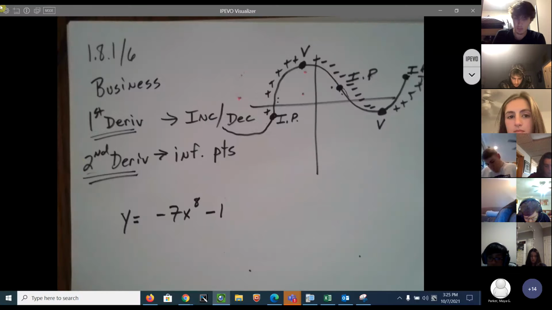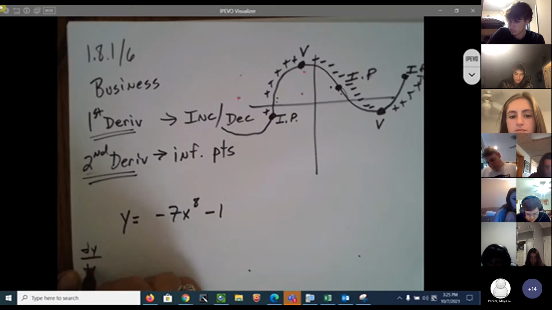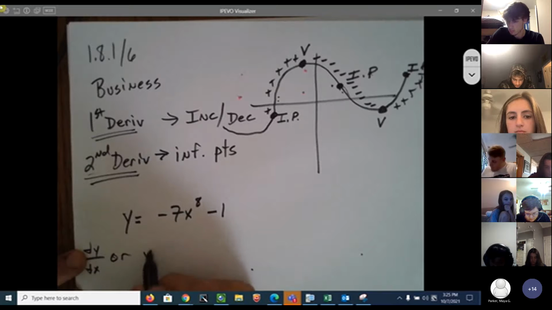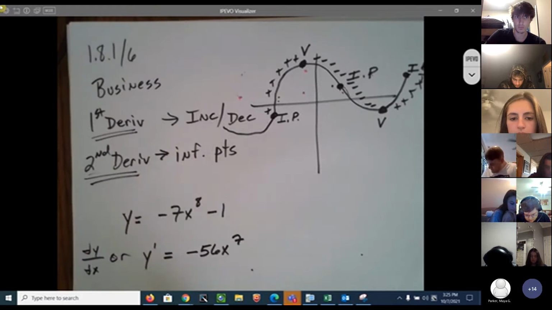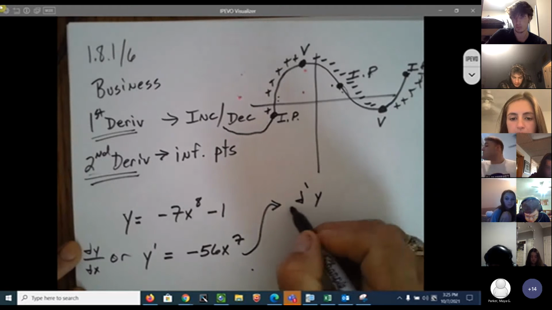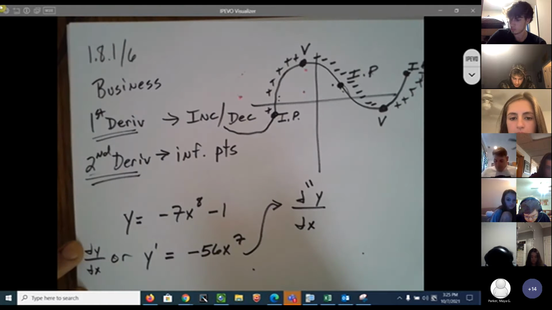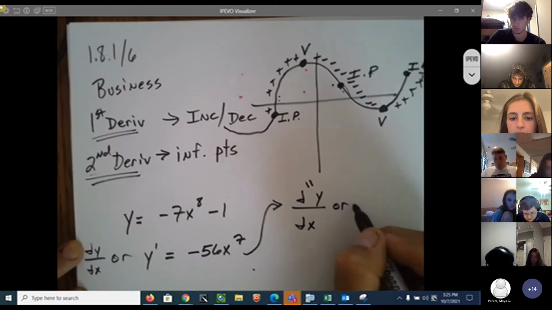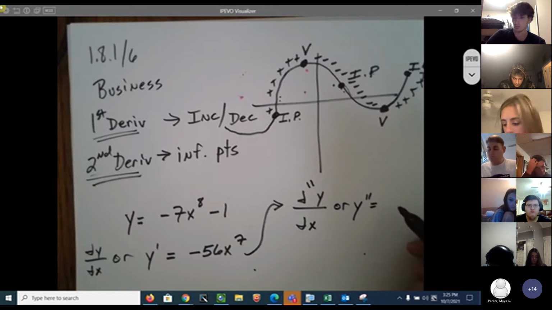And the way that you write double prime is you can do dy dx for your first, or y prime, and that's going to be 8 times 7, 56, I think it is, 56x to the 7th. That's your first derivative. And then your second derivative would be d double prime y over dx, or y double prime, and that's going to be equal to some number,